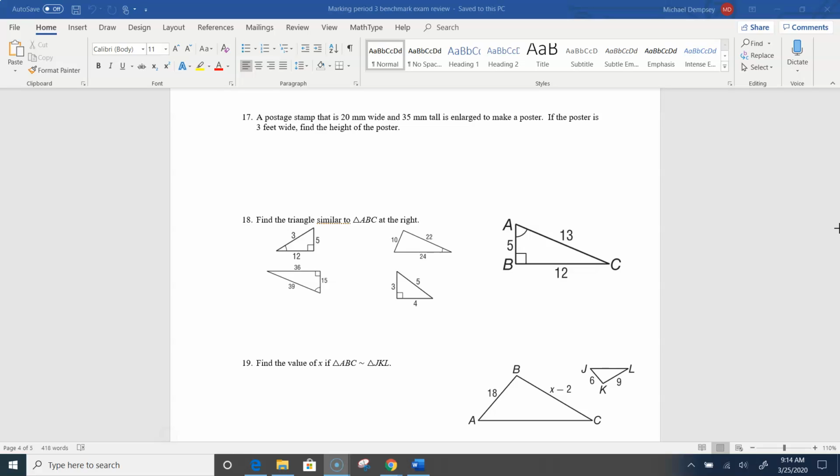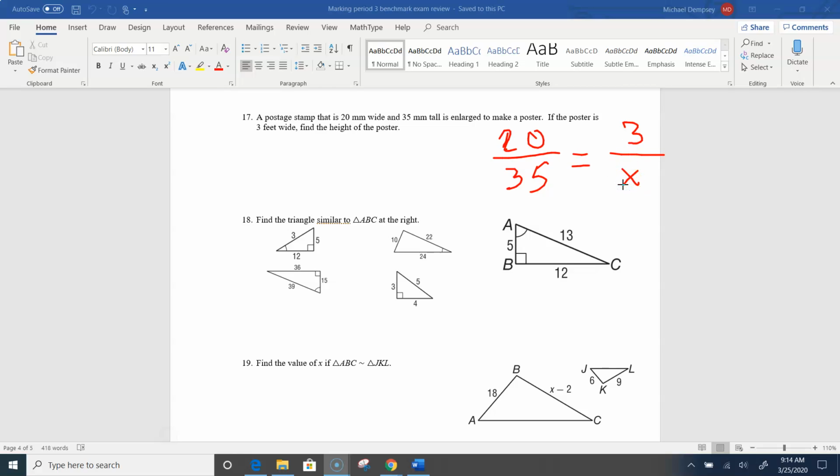I'm going to ignore the units for now because if you notice, the postage stamp is 20 millimeters by 35 millimeters, and then all of a sudden the poster is 3 feet. Well, as long as the other dimension of the poster is in feet, we're going to be okay. We just need the basic ratio of width to height. So it's 20 wide and 35 tall. Whether it's millimeters or centimeters or inches, it doesn't matter. Now it's going to be 3 feet wide,